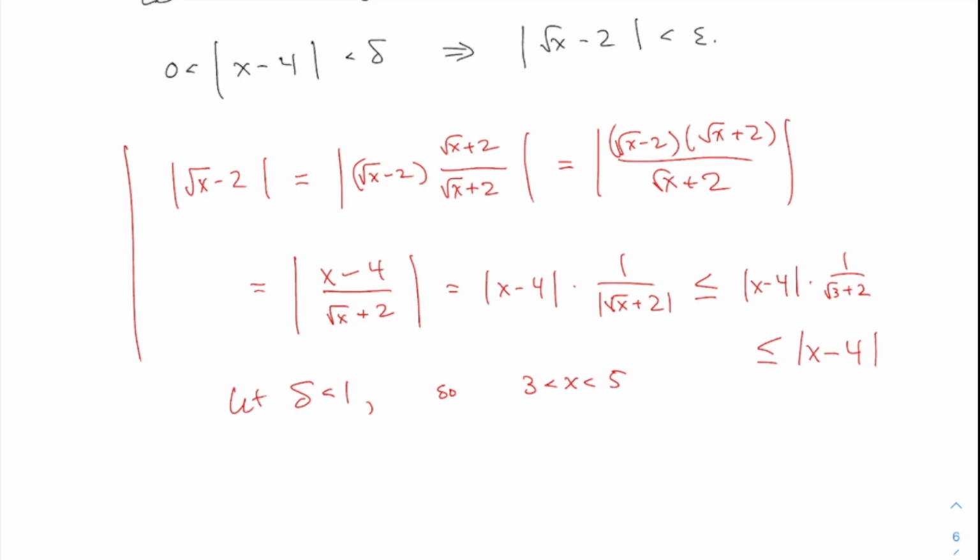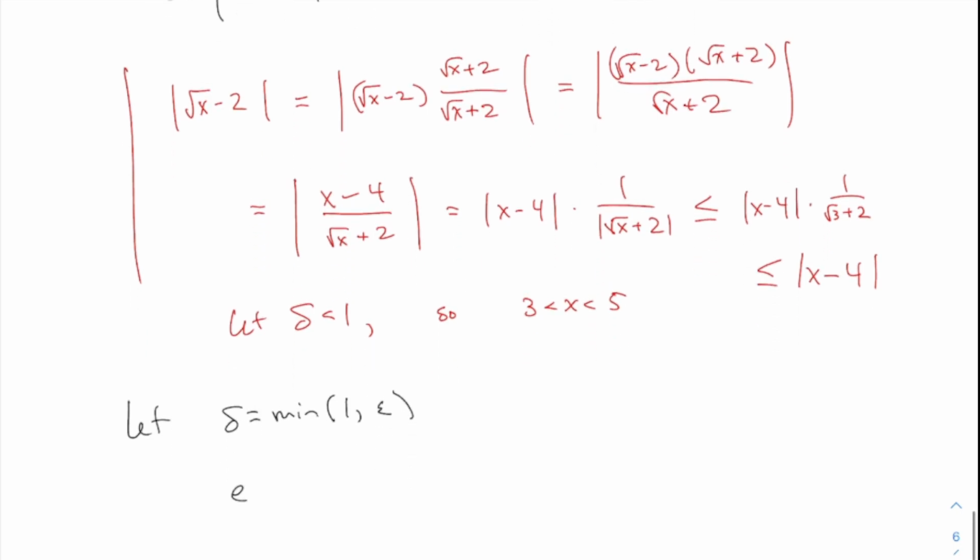So, sorry, it's time to go. I say let delta be the min of 1 and just epsilon, because I ended up with nothing else here, right? This thing times 1. I don't have to do epsilon over 2 or epsilon over 5 or whatever. It's just epsilon. Can I just say that, because it's time to go,